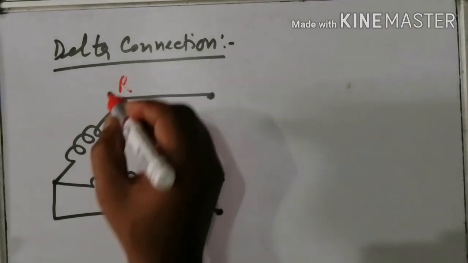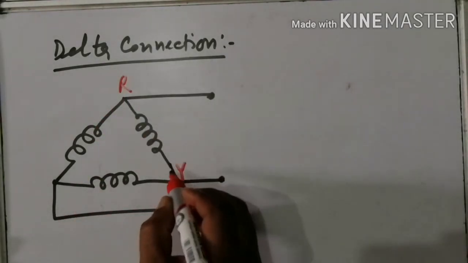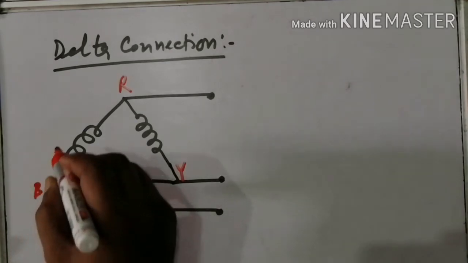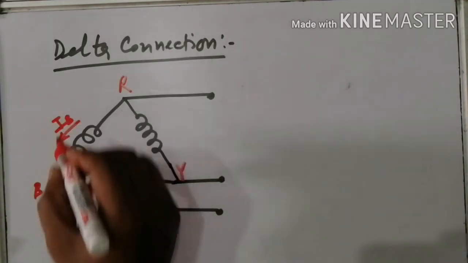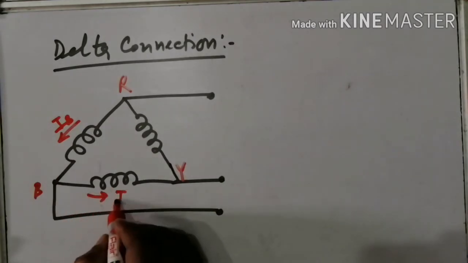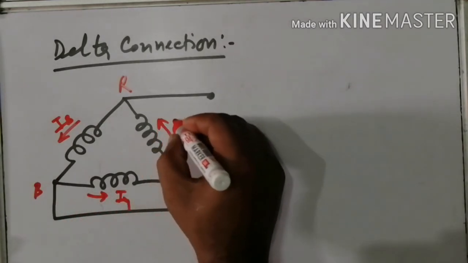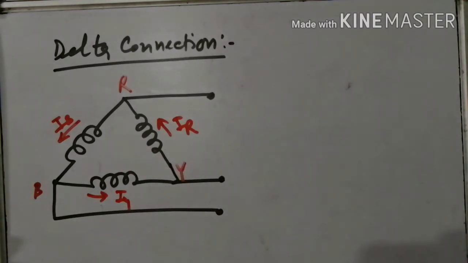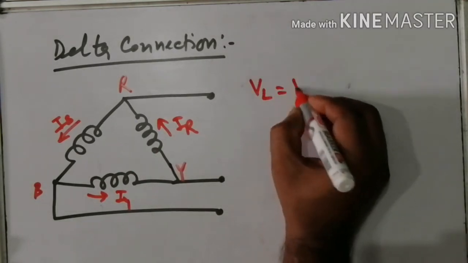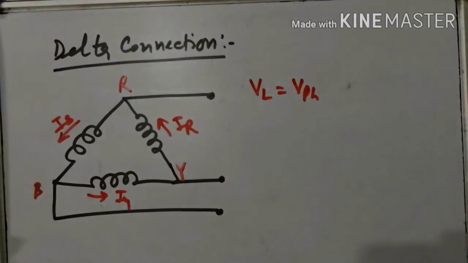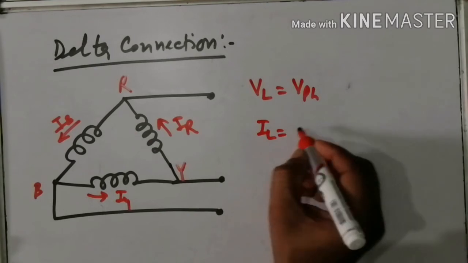It is R, Y, B. Current in this branch, it is IB, it is IY, and in this branch it is IR. Right? Here line voltage and phase voltages are same, but in the case of the line current, it is under